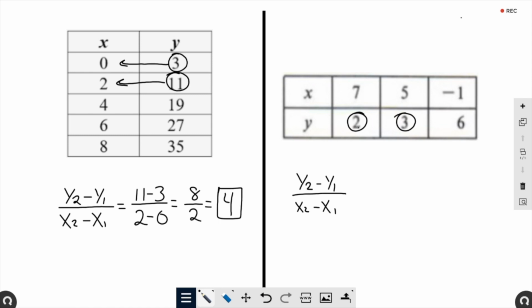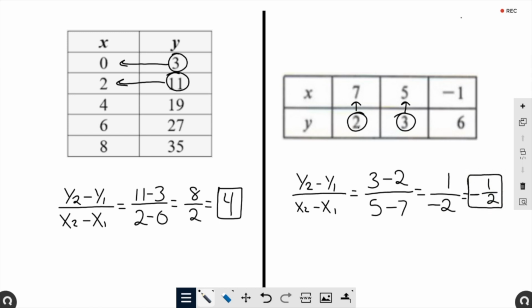The second y I chose was 3. I'm going to subtract 2, divided by the corresponding x that goes with 3, which is 5. And the corresponding x that goes with 2 is 7. That equals 3 minus 2 is 1, and then 5 minus 7 would give me negative 2. So the rate of change would be negative 1/2